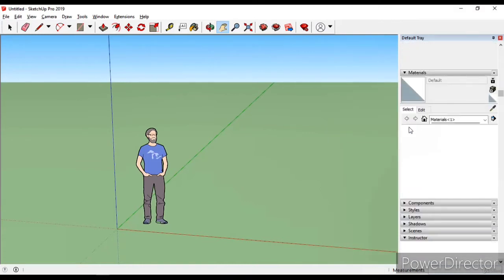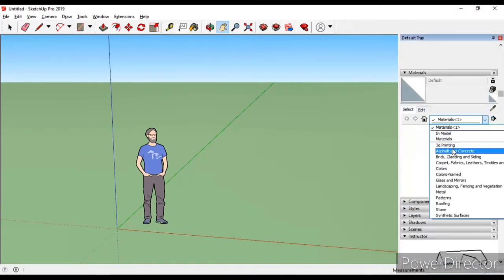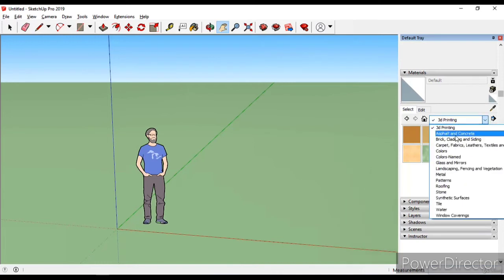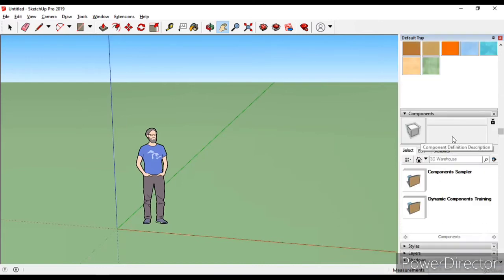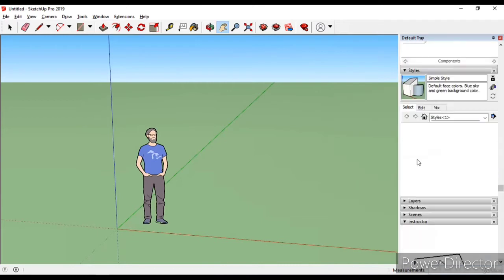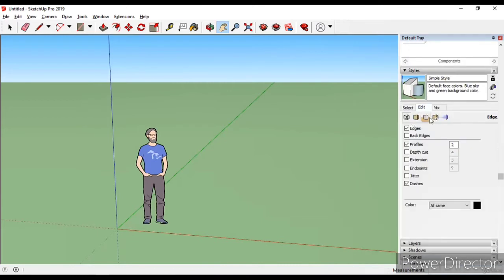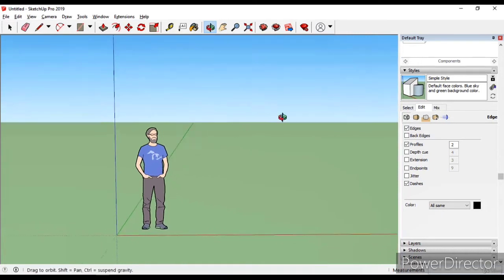And under materials we can check the materials which are already present in SketchUp, like asphalt, concrete, bricks, colors and landscaping materials. There are so many materials which will be useful for us when we create a texture or paint a texture on any particular 3D surface. And after that we have a components tab, where we can see the components we have created and change them later. Under the styles tab we have multiple options regarding the scene we are seeing in the viewport.